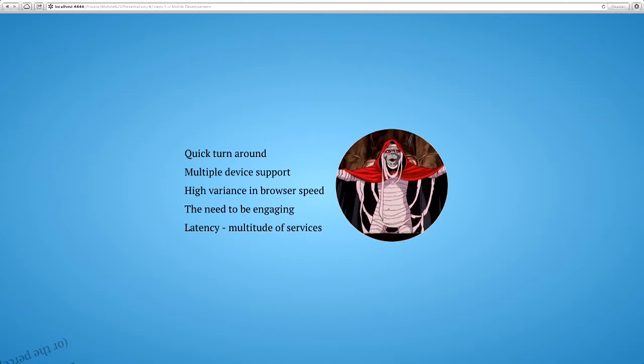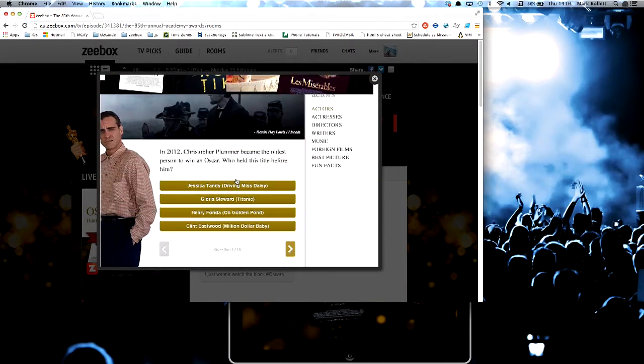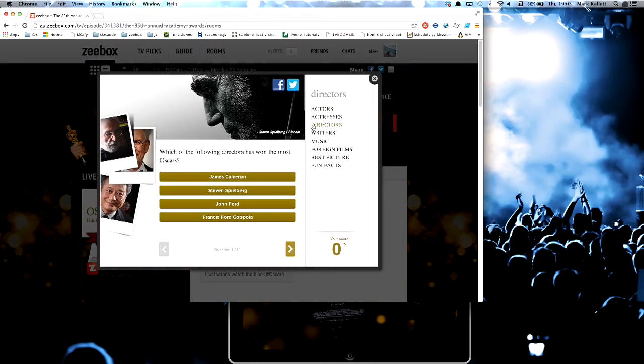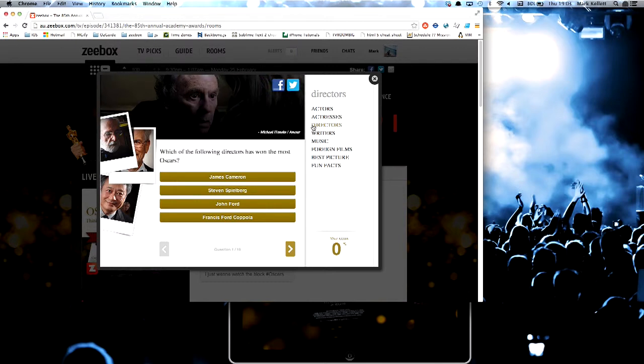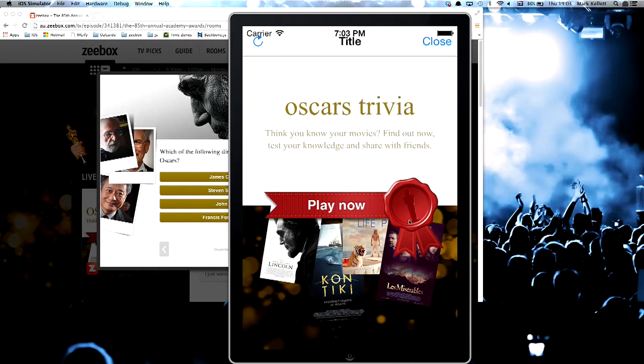To give you an example of something that I've written, we should look at one such widget. This was an Oscars game that you could play along with during the show, and it would ask you a multitude of questions. It's quite a nice little thing, and we came up with this concept quite quickly, and we had to deploy it very quickly as well. But not only that, it had to work just as well on web as it would in a multitude of mobile devices. So I have an emulator up here with the same game that you could play within